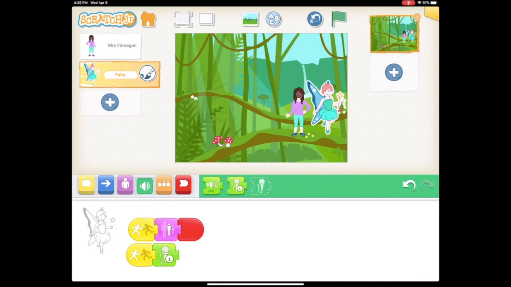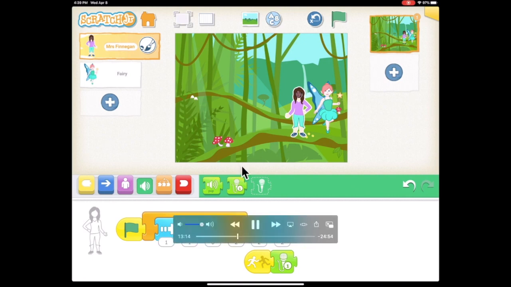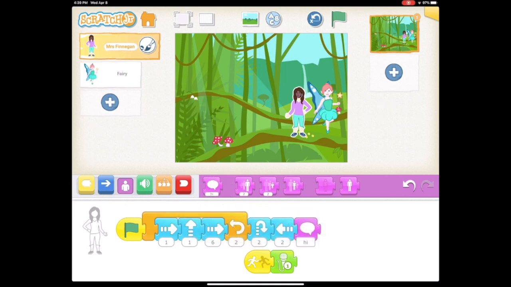Now, I want my character to speak to the fairy. So I'm going to go touch my character. Now my character is highlighted. Now I don't want to add it to the sound one. I'm going to add it on the rest of my loop. And I'm going to have her say, here, so see this where it says hi and a speech bubble? That's my speech cue. And she's going to say,